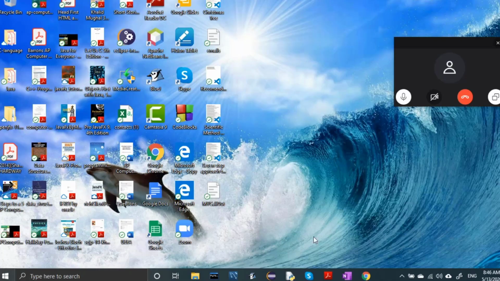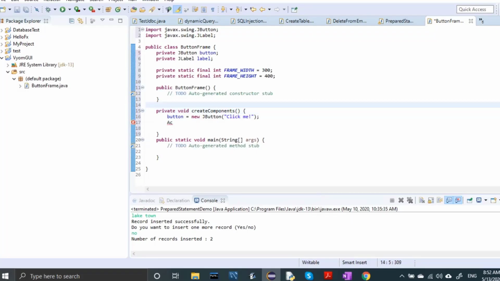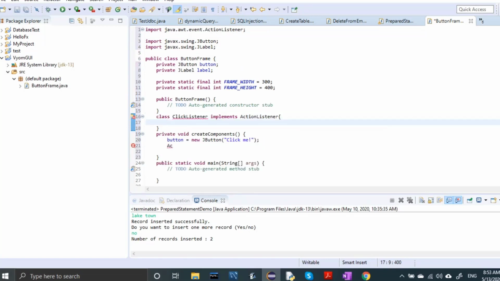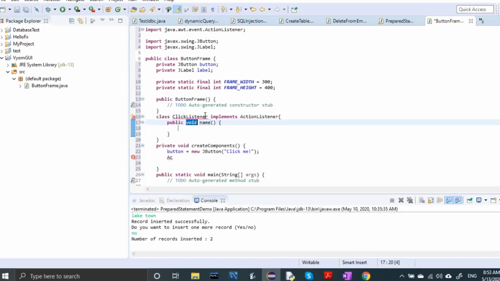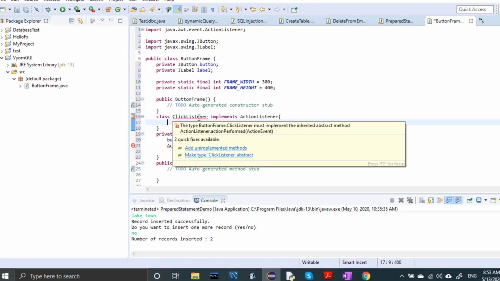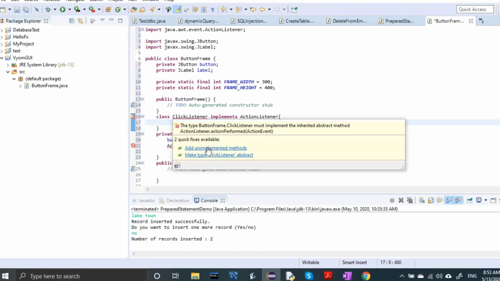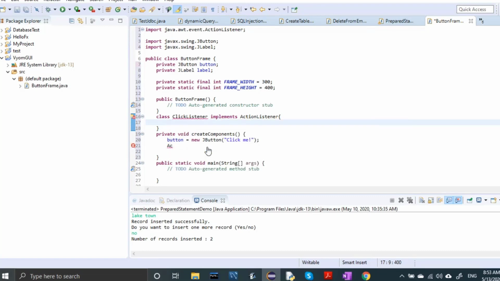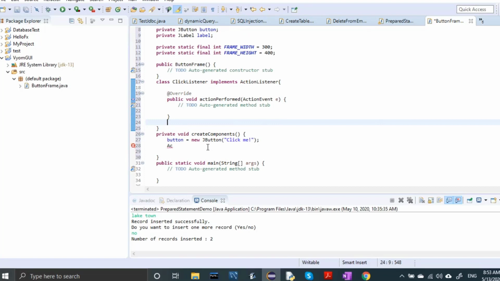Here I'm designing one inner class to implement the ActionListener. It contains a method called public void actionPerformed. You just click on add unimplemented method, and Eclipse automatically writes the stub for you, so you don't have to type it.